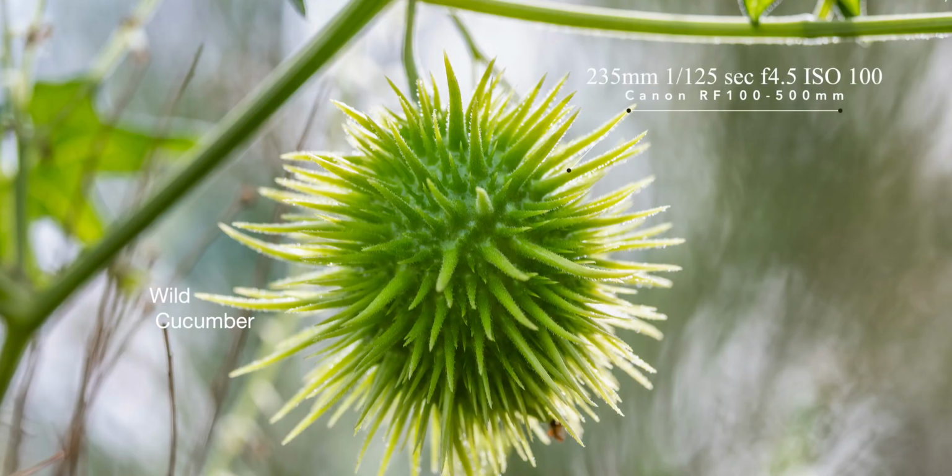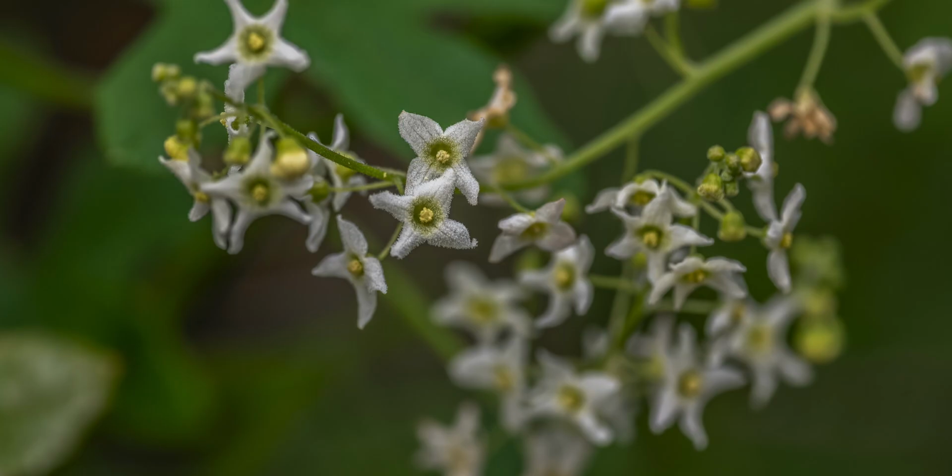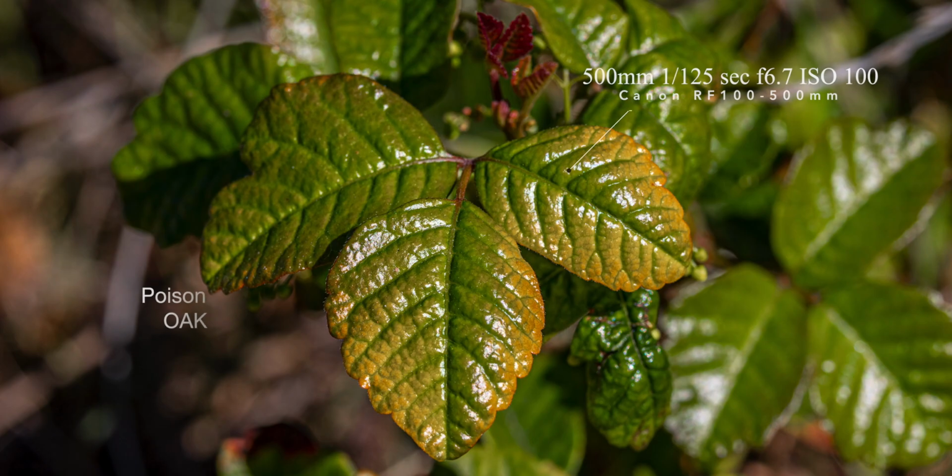The 500mm focal length really allows me to reach out and take images, useful images, powerful images of birds and other animals from a distance without disturbing them too much, but also allowing them to come up close. The minimum focal distance of this is amazing. I choose which lens I'm taking before I leave, and it typically is the only lens that I take,